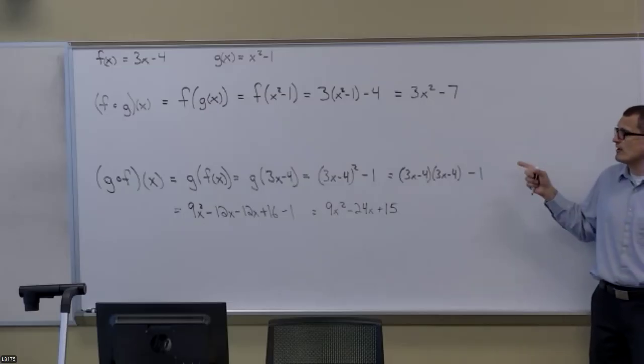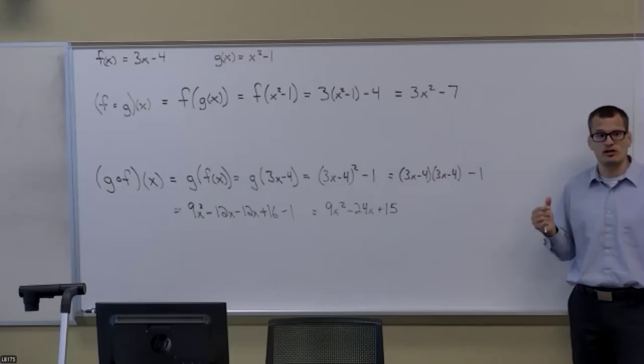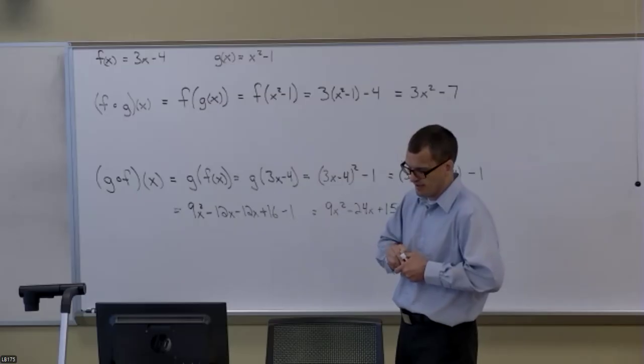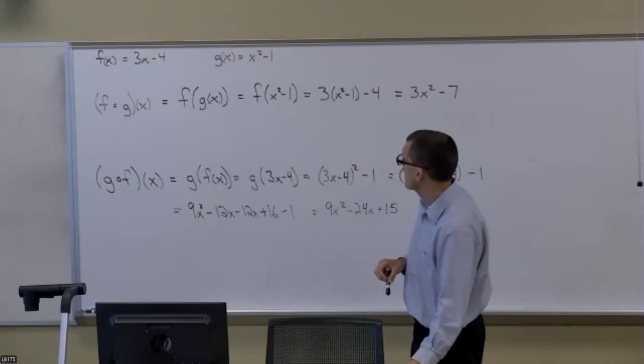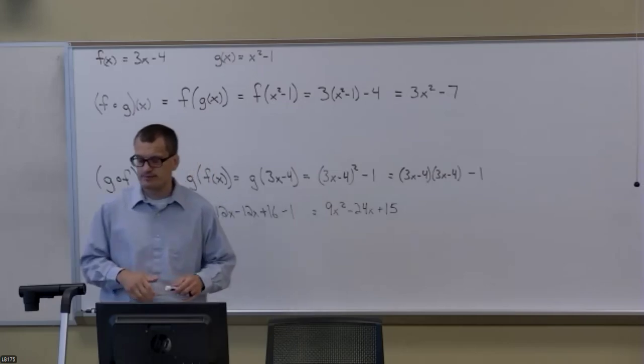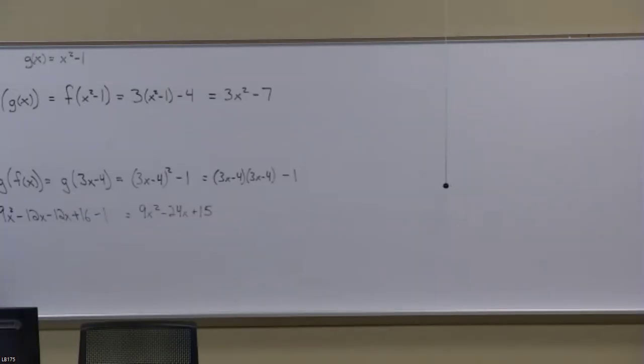So that tells us that the order of composition is important. F of G is not the same thing as G of F. So be very careful when you do that. Now, just like when we were multiplying and adding and subtracting and all of that kind of stuff,